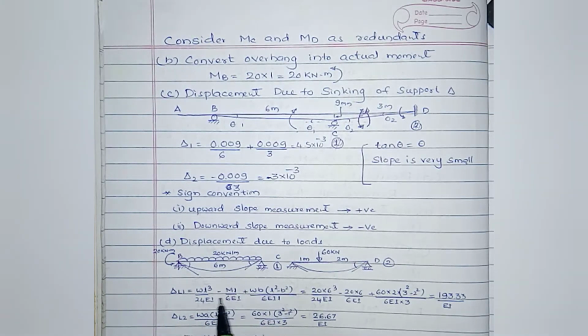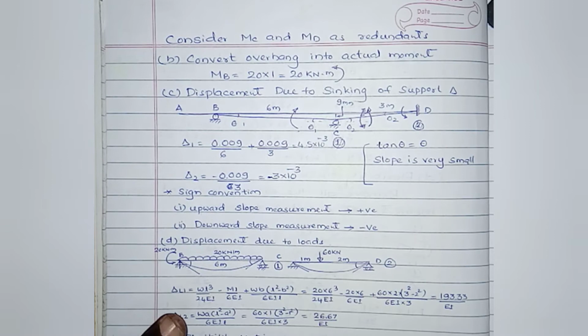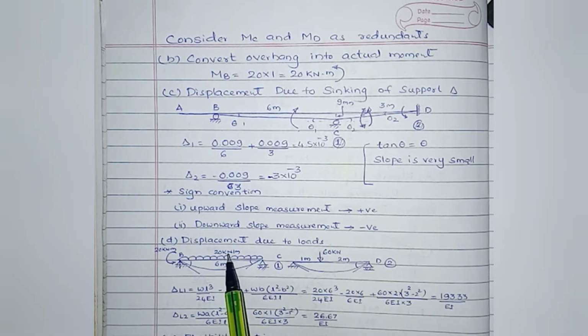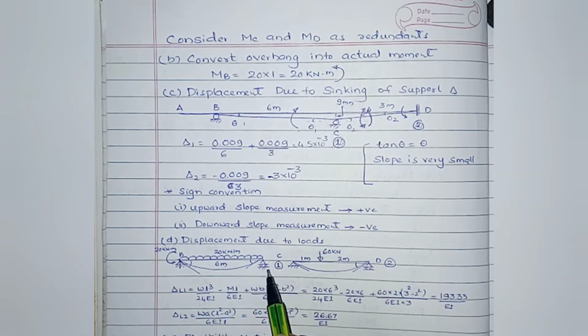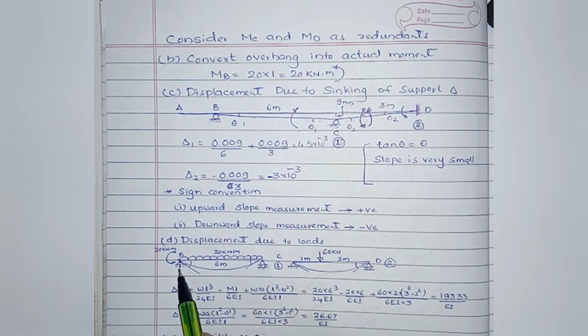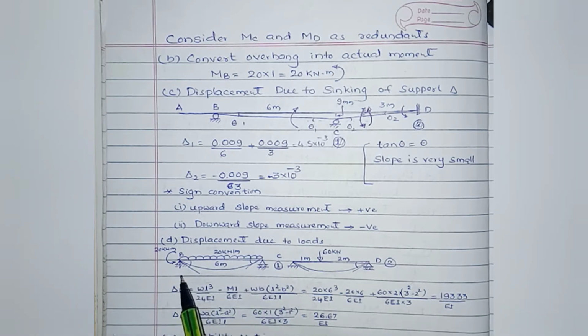The next step is to calculate the displacement due to the loads. Now we can remove the applied forces. We have to release the structure, and then by releasing the structure we have to make the span BC and CD as the determinate structure by showing the one roller and one hinged support.